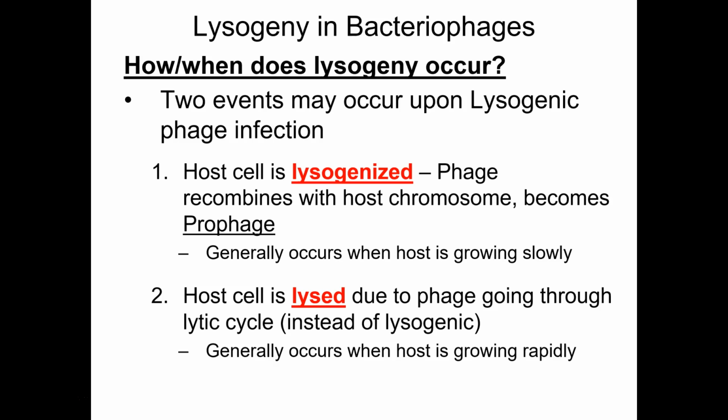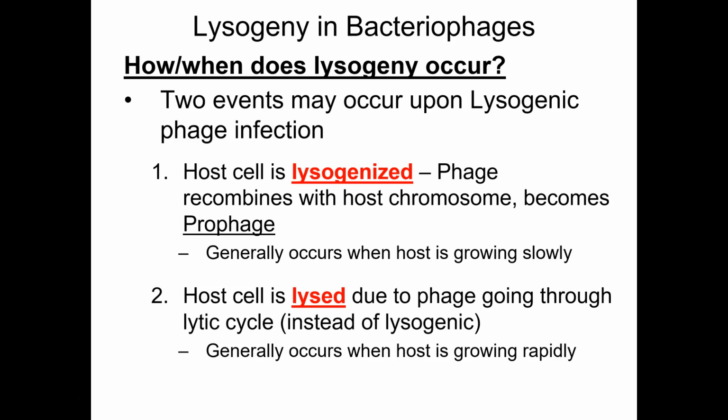Now we have another fun question to ask. How does this virus get to make a decision? How does it know, I'm going to do the lytic cycle, or no, I'm going to go dormant? It's not super well understood. But one trend we have seen, one correlation, is the current growth state of the host cell. So with bacteria, remember the growth curve? Lag, log, stationary, death. If the host cell is growing slowly, say stationary phase, the virus is more likely to become a prophage.